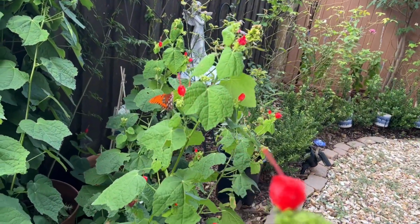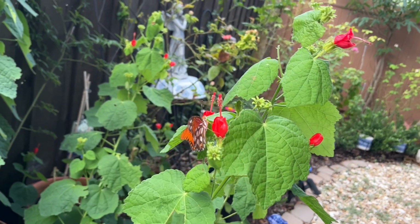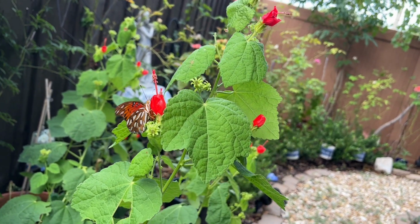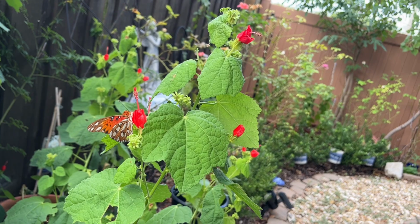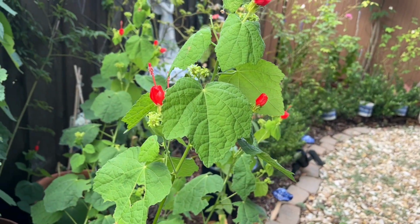Oh, how pretty is that? This is why I hate to cut these. But, you know, there'll be plenty other blooms, but it's really hard to let some of these blooms go. It's so beautiful. Oh, that's so pretty. Okay, so